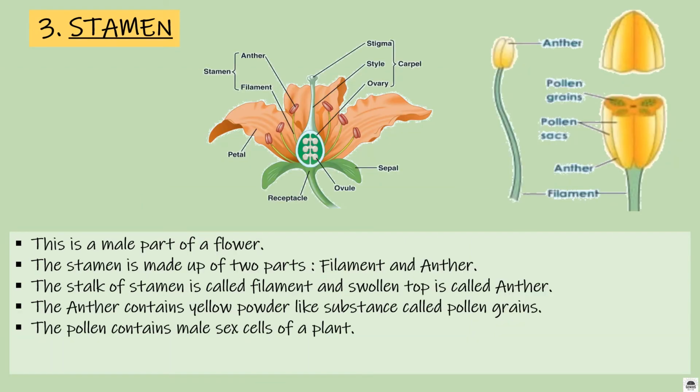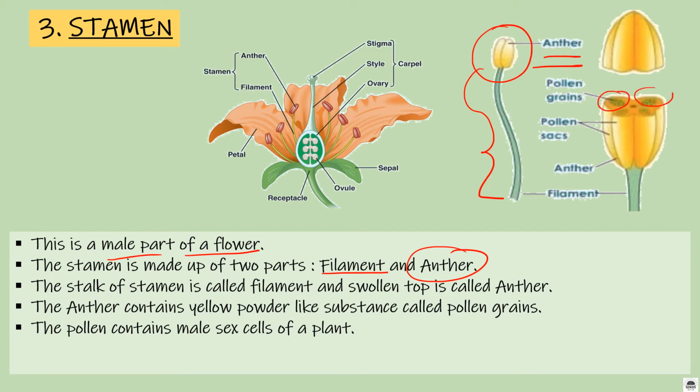The next main part of the flower is stamen. Stamen is the male part of a flower. These all are the stamens of the flower. Stamen is made up of two parts, filament and anther. The stalk of the stamen is called filament and the swollen top is called anther. The anther contains a yellow powder-like substance which is called pollen grains, and the pollen contains the male sex cells of a